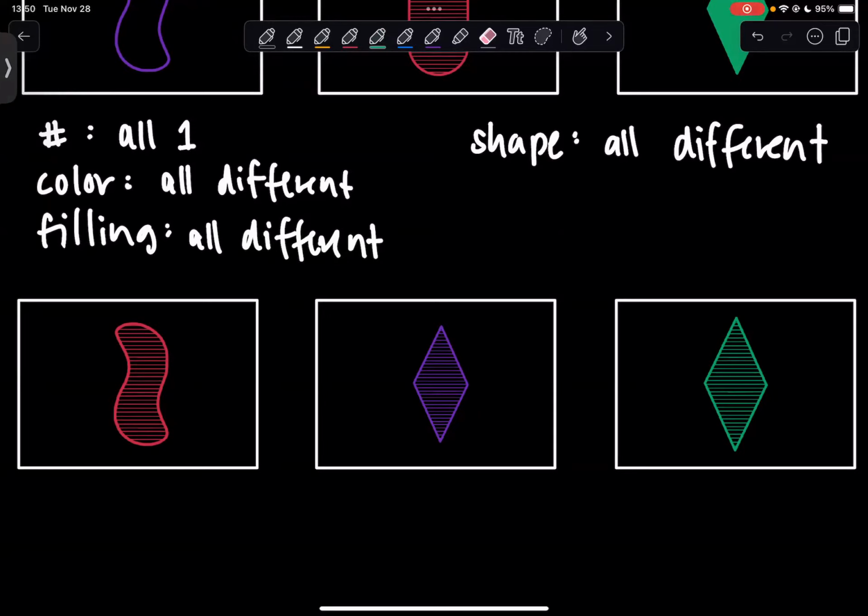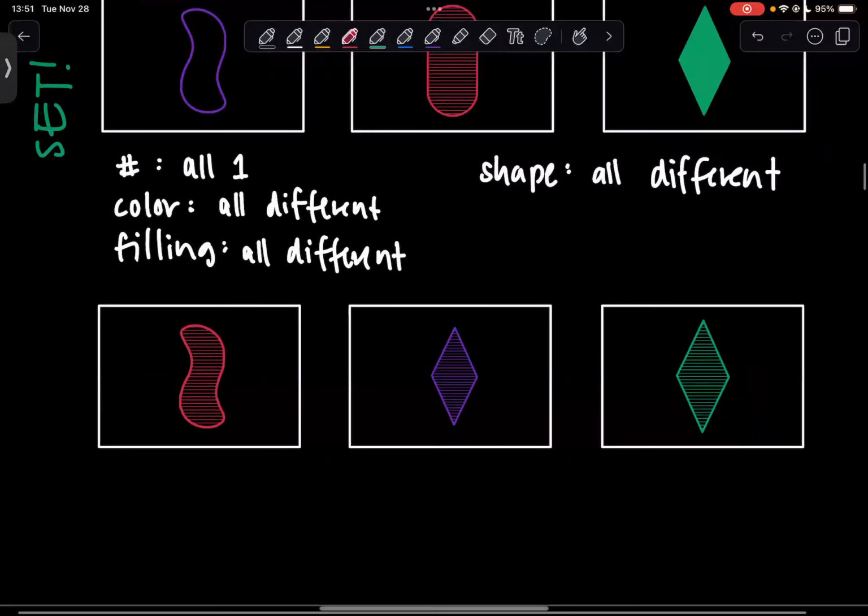We can see that this is not going to give us a set because within the characteristic of the shape, we don't have all the same and we don't have all different here, right? So as soon as you find one characteristic where it doesn't follow the rules or the definition of our set, then we're good. But to actually show that it's a set, we do have to look through all four characteristics and make sure that it does follow the definition there. Right, so this is going to be not a set.